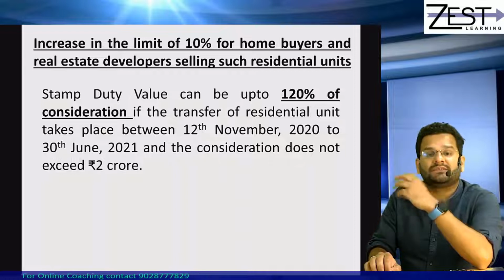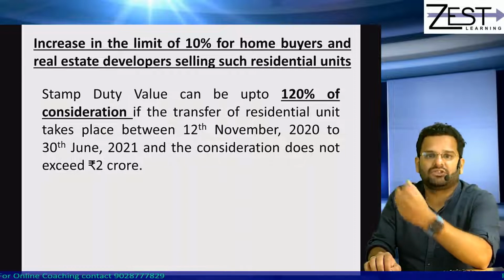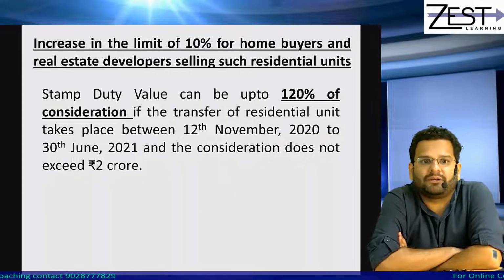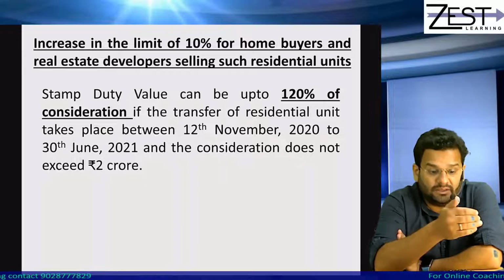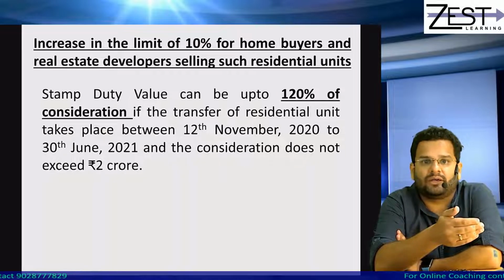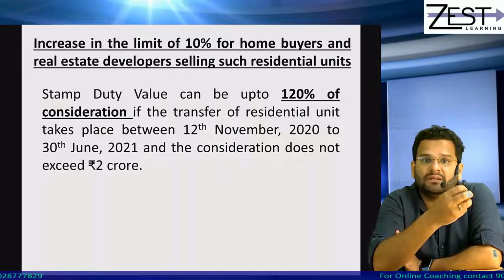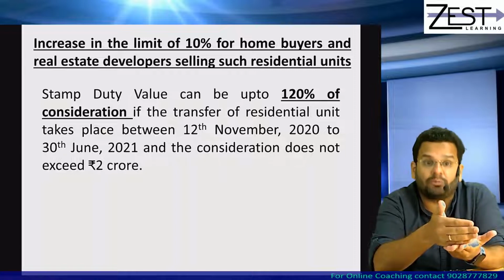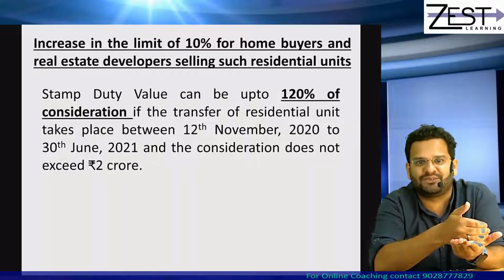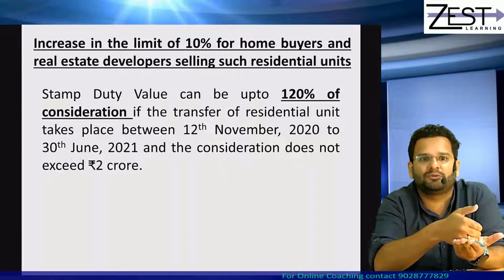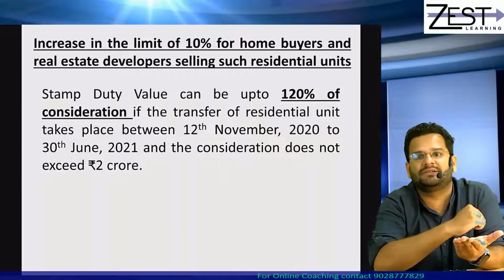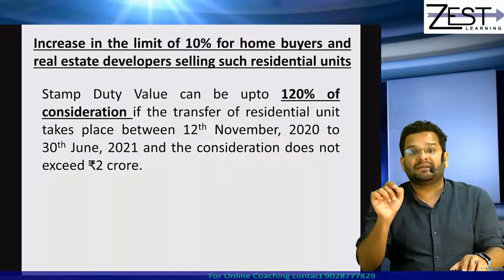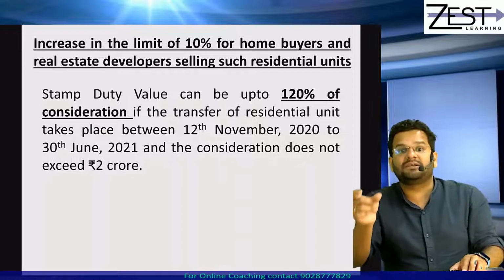Okay, so there is some acceptable amount of margin, that is 10%. In short, what I am trying to tell you is, if I talk about gifts, if I have been given a gift, here I am talking about the provision of gift, a property received for inadequate consideration. We are talking about immovable property received for inadequate consideration. So the margin there we have discussed is 110%. That means 10% is the margin.